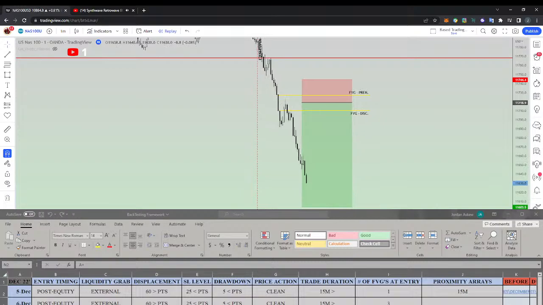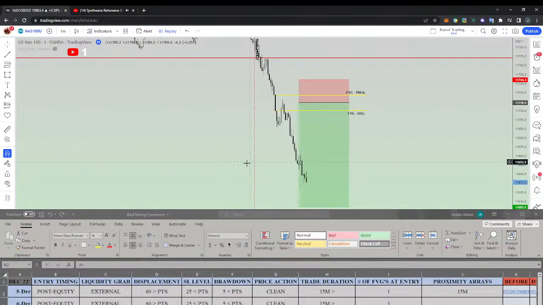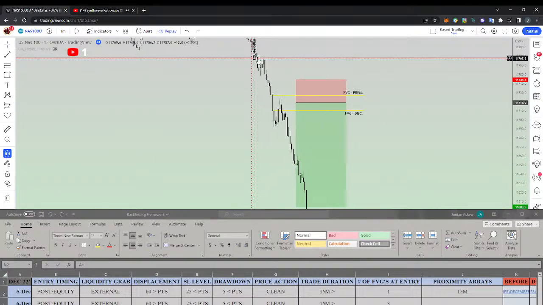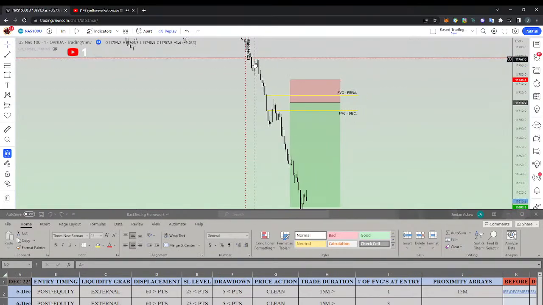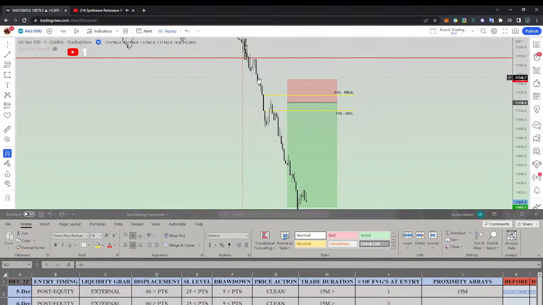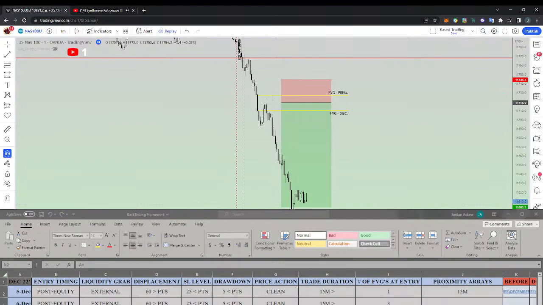Continuations are always kind of scary, a little bit sketchy sometimes. But if you had caught these two up here, I mean, those are just clearly obvious ones up near the original break of market structure. So that would have been nice. But in this case, as you can see, actually, I'm sorry, let me